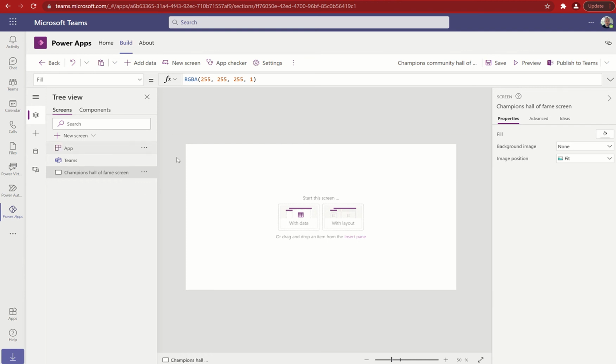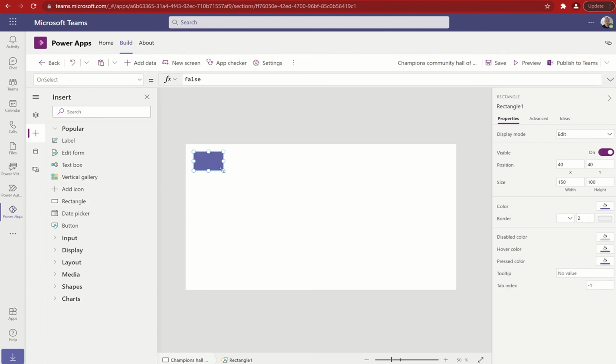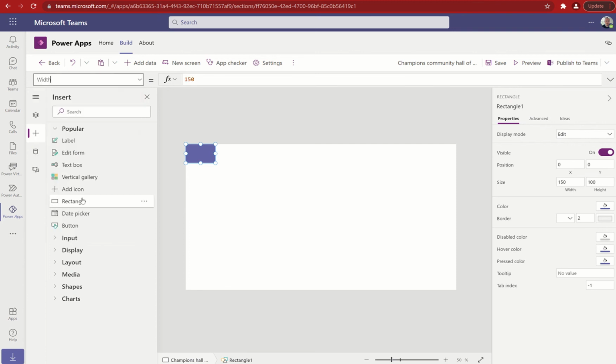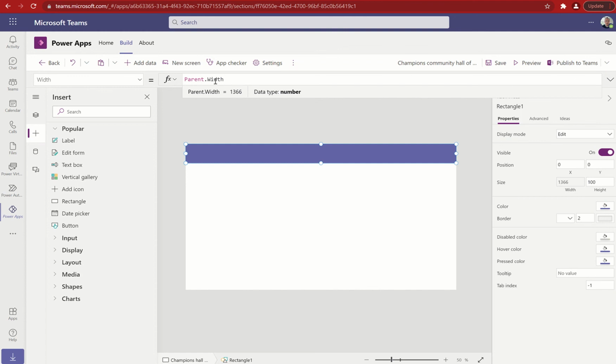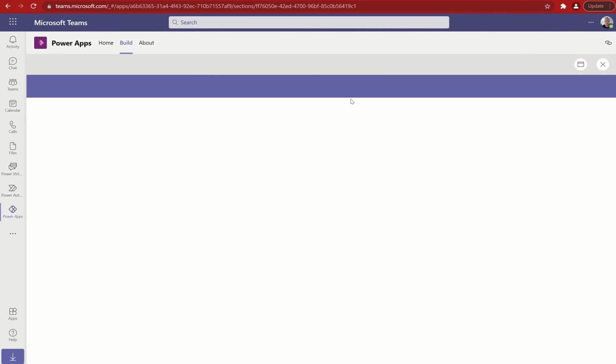Okay, good. Now let's add in a rectangle. It's always nice to have some kind of header for the app, isn't it? In case we decide to change the way this app responds to devices, we won't use fixed widths. We'll use something that's more responsive in its style. So we're going to say the same width as the screen, and it should be 60 pixels high. That gives us a nice little